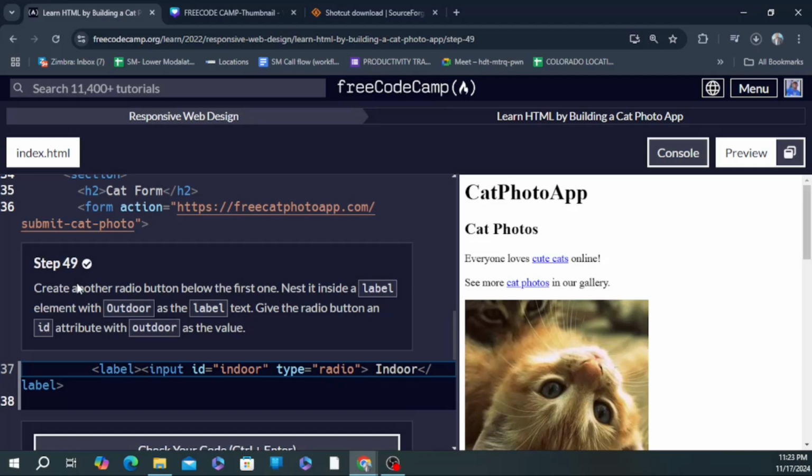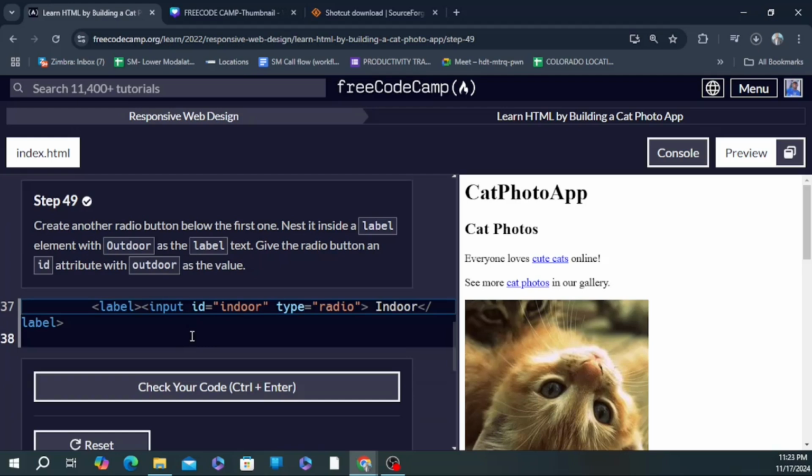Step 49, create another radio button below the first one. Nest it inside a label element with outdoor as label text. Give the radio button an ID attribute with outdoor as value. So now they say after that I'm supposed to add another one with the label